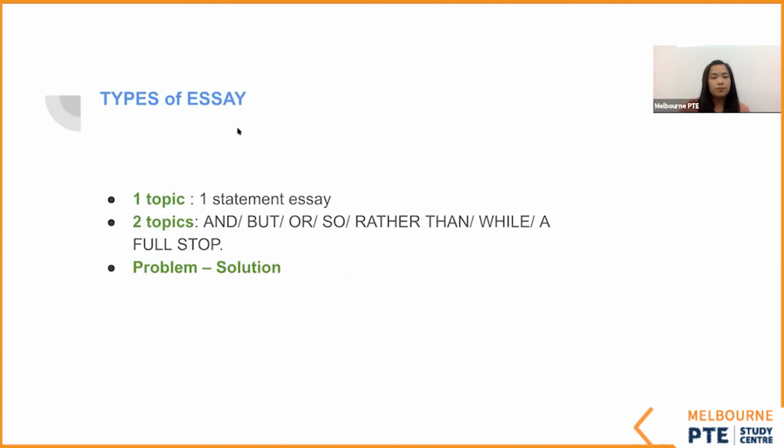Right, next one. How many types of essay? 3, remember this. The first one is a 1 topic essay, okay? The second one is a 2 topic essay, and the last one is problem and solution. Now, how can I know if it is a 1 topic or 2 topic essay? Very easy. For a 1 topic essay, they give you 1 statement, okay? So for example,